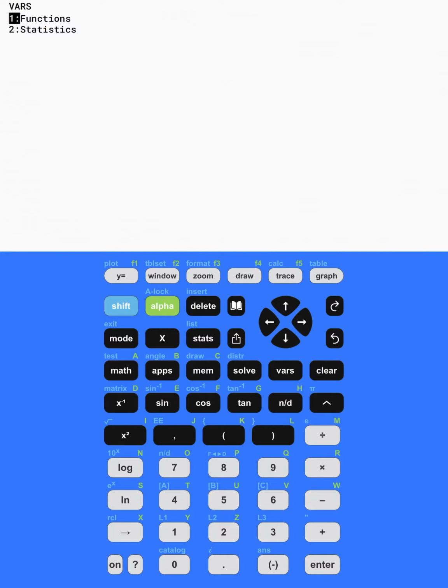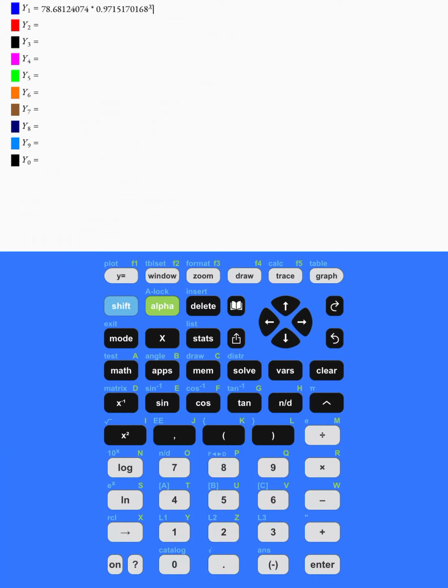Then you're going to go to number 5. So you guys are going to press number 5, which says statistics. Then once you press 5, you're going to go to equation, EQ. So I'm going to go to the right until I get EQ. And then I'm going to press number 1, and so are you. So you're going to press number 1. And what that does is it copies and pastes your equation into Y1, so that way you have the most